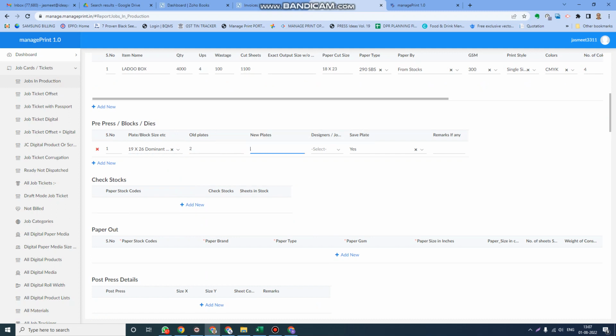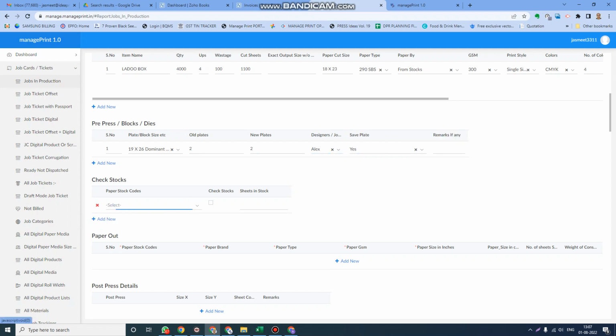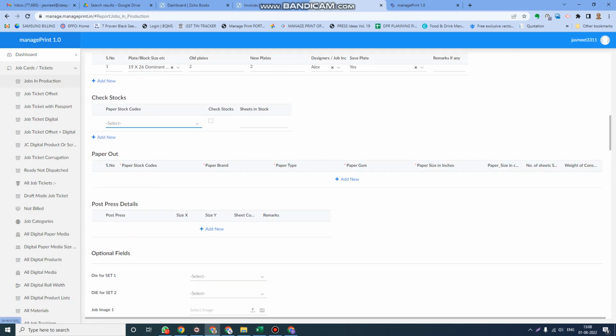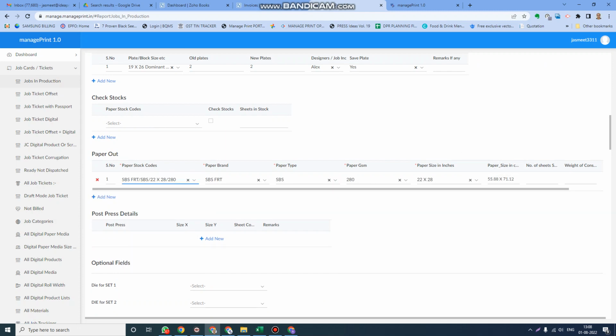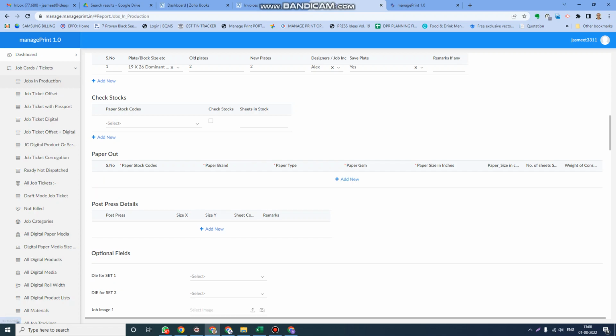Let's say 2 plates are old, 2 are new, and this is your designer. You want to save the plate or you want to just discard it immediately and sell it for raddi. And you click on check stocks, you select your paper, and then you click this button. It will tell you what is the stock of the paper you currently have. And you can obviously do a paper stock out. Use the paper you want to use and just fill in a quantity here. Let's say I'm filling 2000. So it will just fill in and calculate the weight also, and it will affect this. This is current live data. So I'm skipping this, and